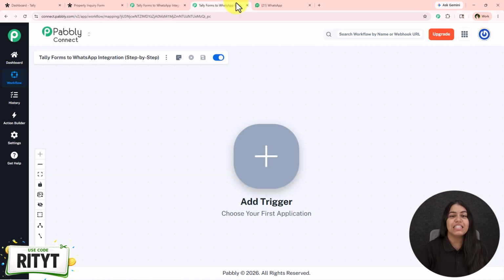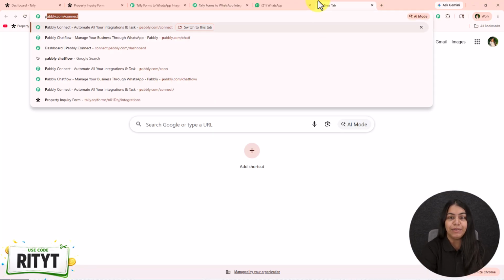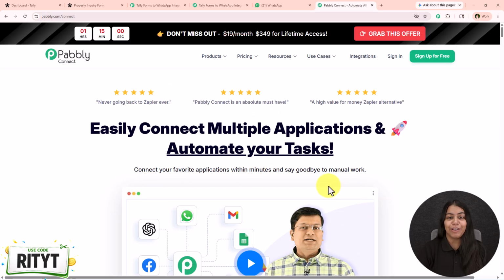To do this, you just have to open your workflow builder inside Pabbly Connect if you are an existing user like me. But if you are a new user, open a new tab and search for pabbly.com/connect in your browser and open the landing page of Pabbly Connect. In the top right corner, you're going to see the option of sign up for free. So click on this sign up for free and you are going to get 100 tasks free every month